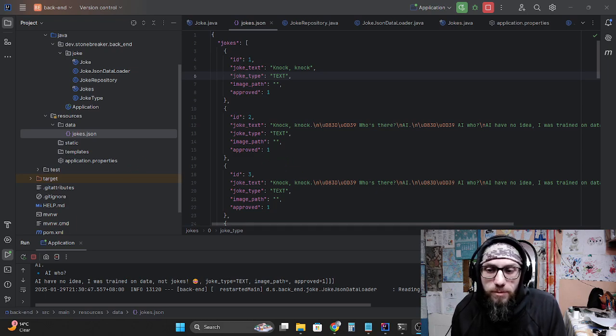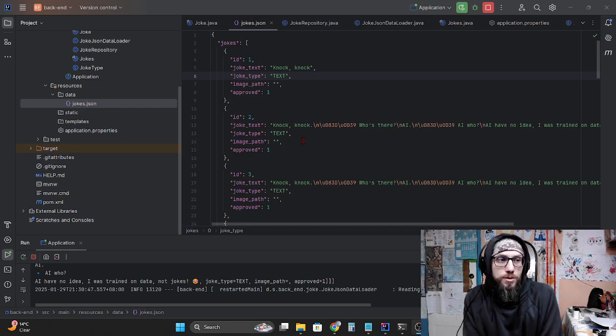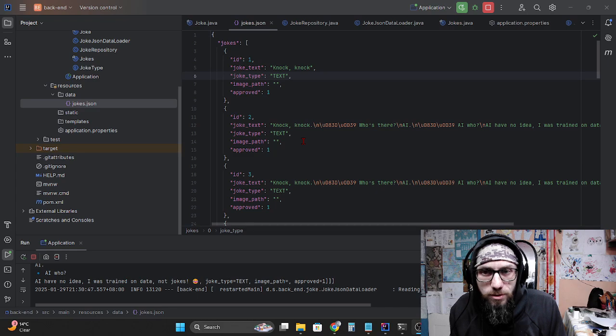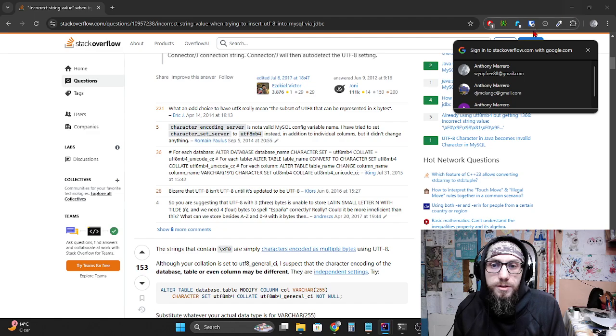So as of now, I have a database set up where it can hold, theoretically speaking, both text and image jokes. This is what I'm having a hard time with: if I should include the theme song inside of here, or just have it like a static kind of deal. Assuming it's a static kind of deal,